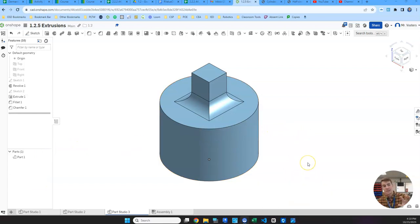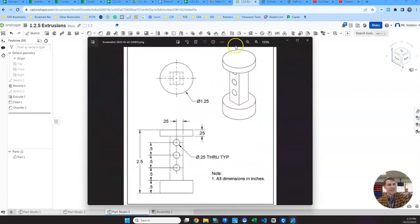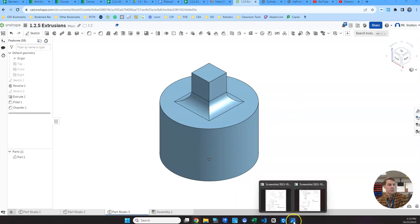In this video, we'll be creating a new shape, and I kind of showed you that in the last video. In part 2, we're going to be creating this. So in the last video, we made this fancy shape. We learned about the fillet and chamfer tools. So if you didn't watch that one, please go back and watch that one first, and we'll finish by creating